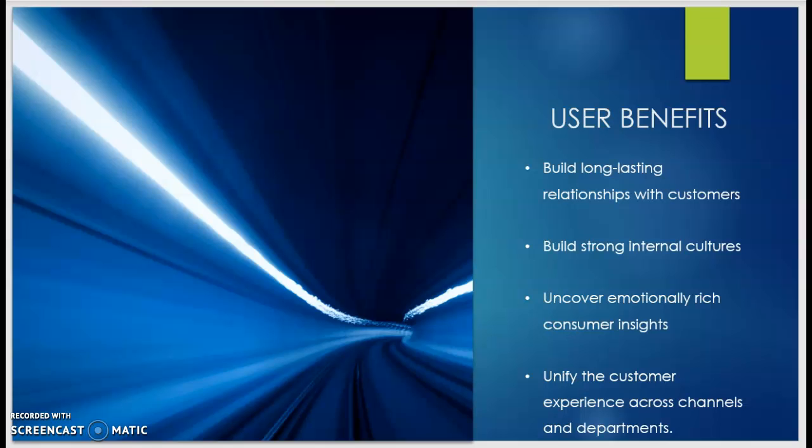Also, with you being able to see every mention that comes in, as you saw earlier, you are also able to uncover emotionally rich customer insights. You're actually able to be involved one-on-one, interact with the customers if you so choose to, as the brand itself. And also, you unify the customer experience across channels and departments,